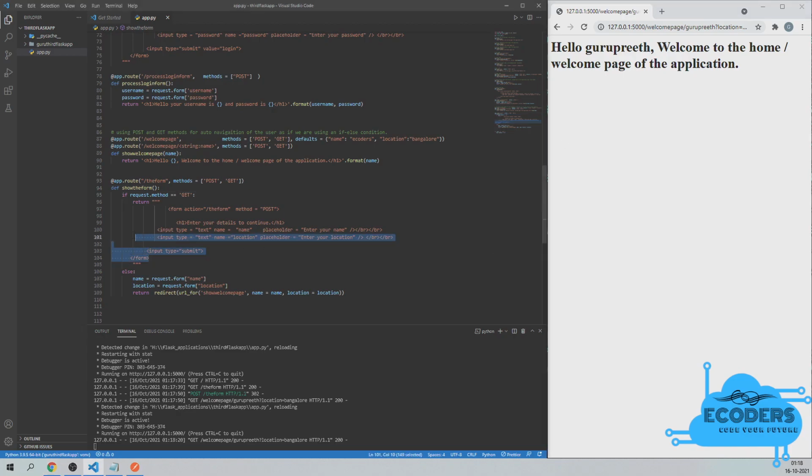So this method is acting like this: if the method is get, show me the form, and if they click on submit, the method is going to change to post, and you're going to get automatically navigated to the welcome page of this application. So this is how you can redirect the user automatically from one page to another page based on the get method or post method. That is why here we will be using the redirect method, and the URL where we are going to redirect him is towards this particular function.